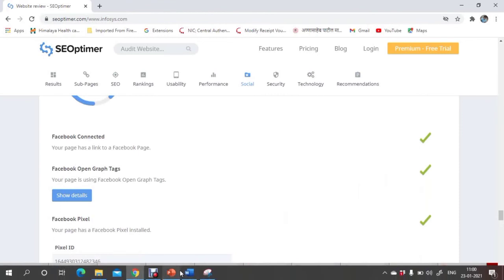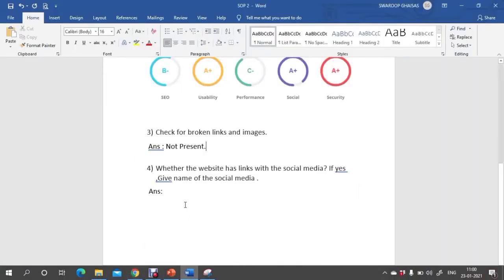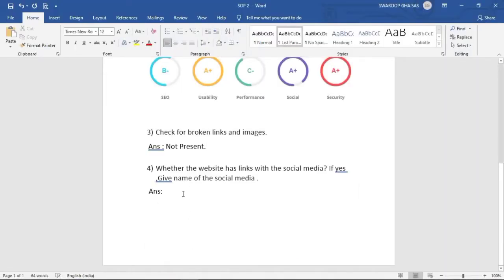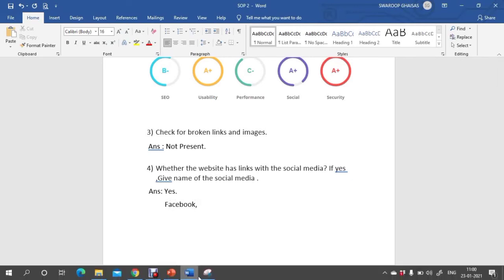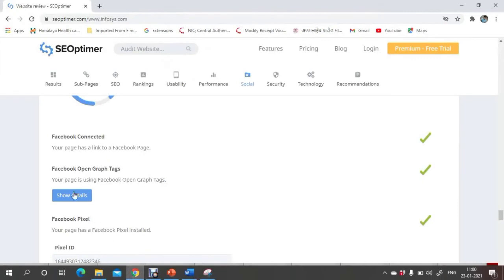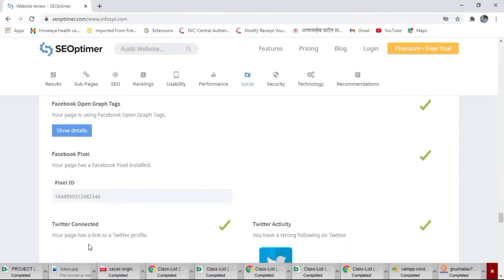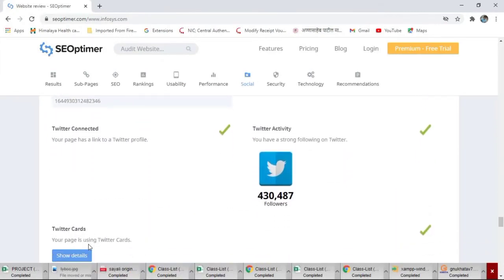So Facebook is connected. We can type here yes, and let us specify the names as Facebook, comma, the second is Twitter.